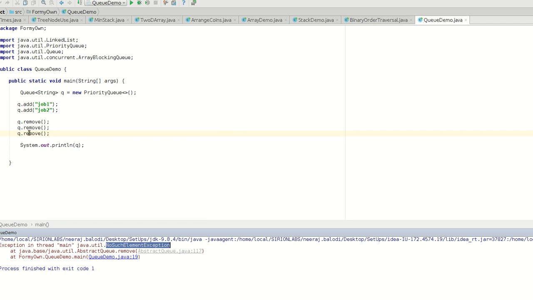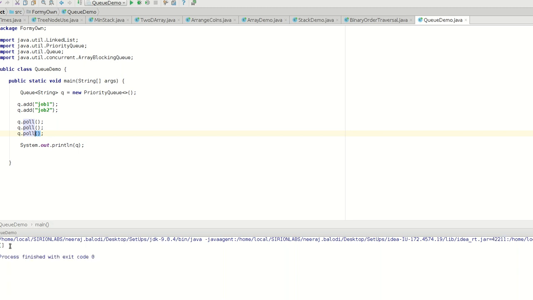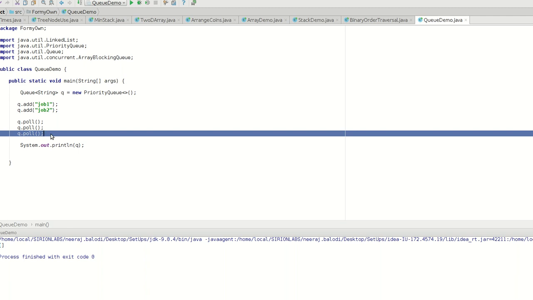But if you do poll, what will poll do? Poll will remove the things, but it will not cause exception. It will just print empty, but it will not cause exception. So this is the difference between poll and remove. They both do the same things, but one causes exception, other doesn't, because one is Boolean, other is void method. Okay, so these are the exceptions that we get in the queue.